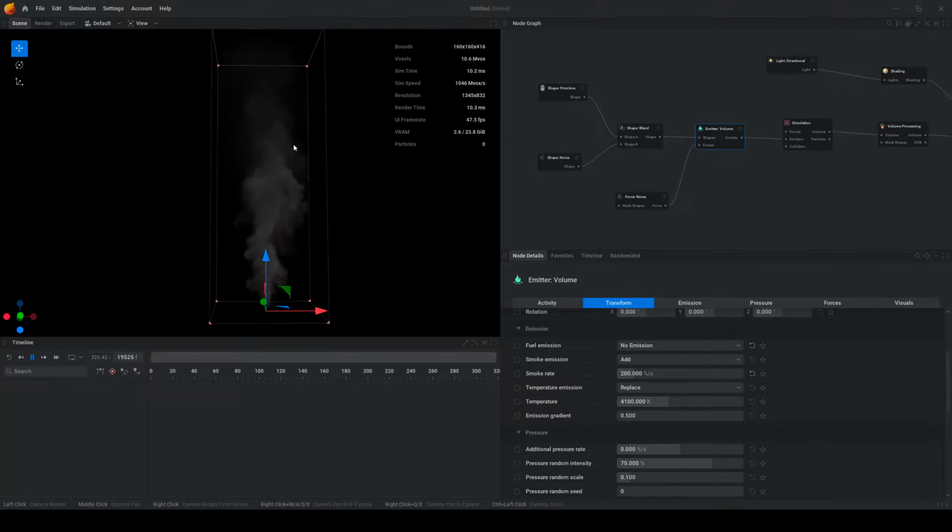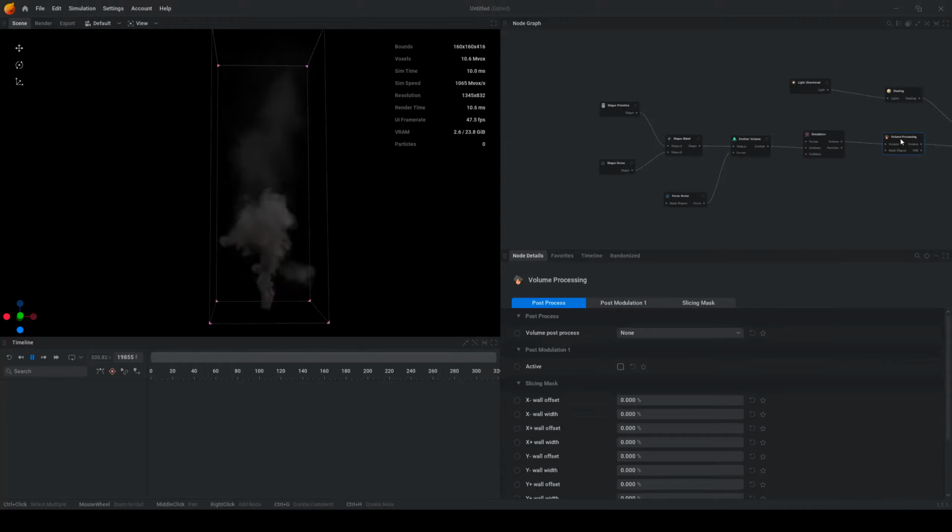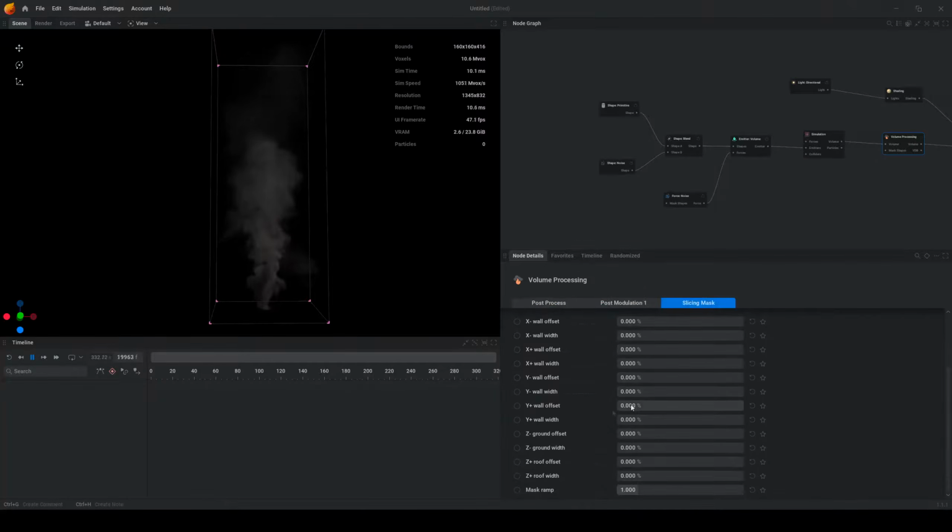And finally, what I want to do is avoid the smoke clipping on the top. So I will go to my volume processing, look for the roof width, in this case the C positive, and increase this percentage to about 25%. That way we will have a smooth gradient between our smoke density and the edges. Okay, so in terms of the simulation or the actual motion of the smoke, I'm happy with this, but still